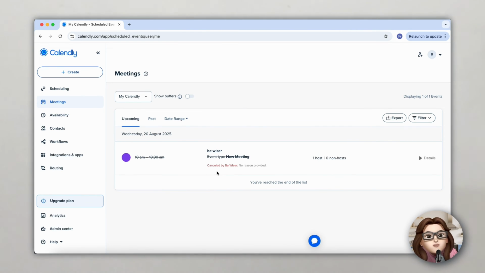And that's it, your booking is cancelled and your Calendly timeline is now up to date. Pro tip: make it a habit to review your upcoming meetings so you can catch any conflicts early and keep